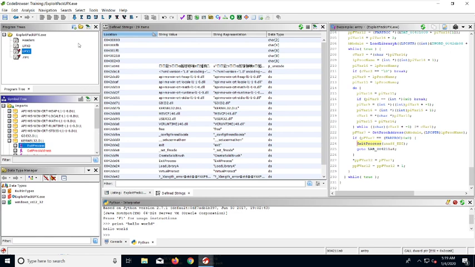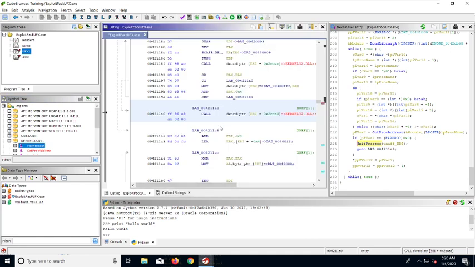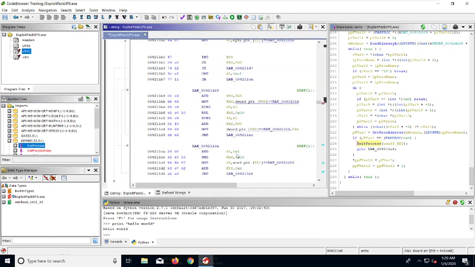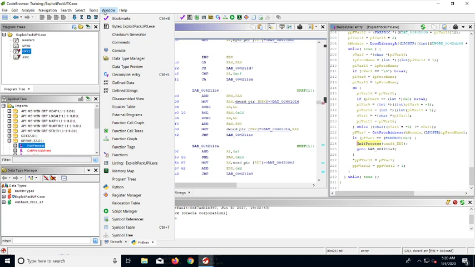And Ghidra, as a static code analyzer tool, is quite good. As you can see here, you have your assembly code, and it also supports a graphical view. So it's not only text that you can see, you can see it in a graphical way as well, as I showed you